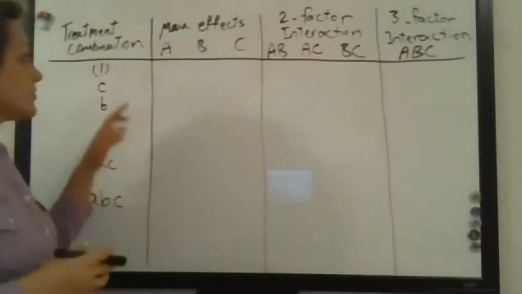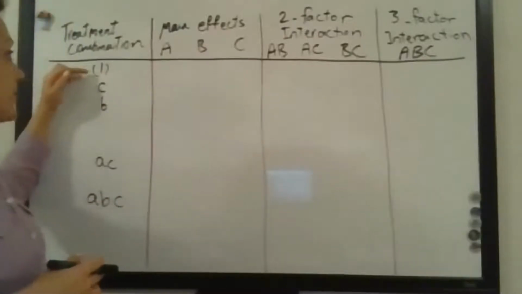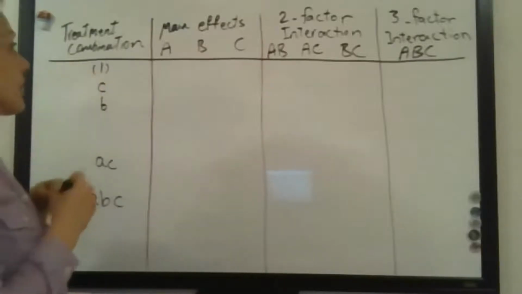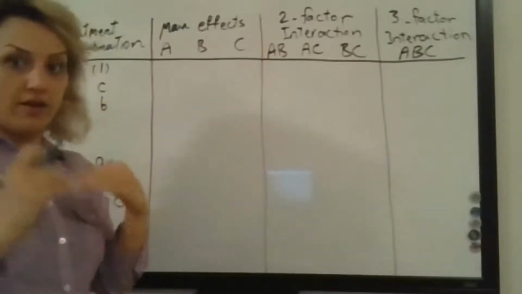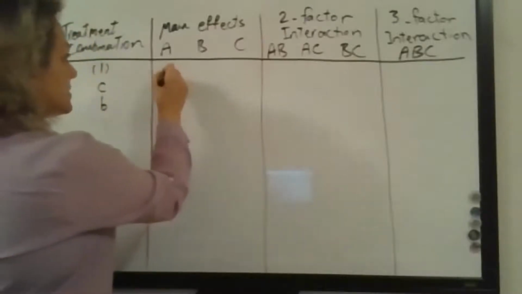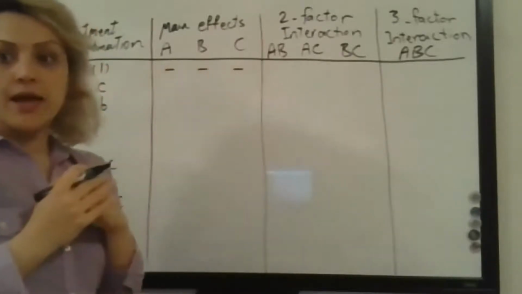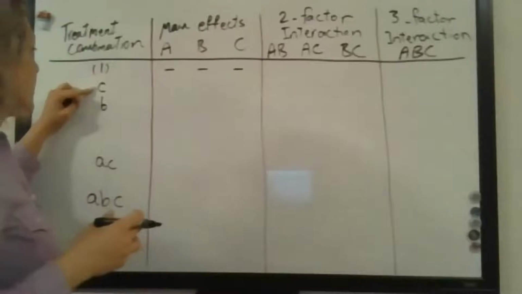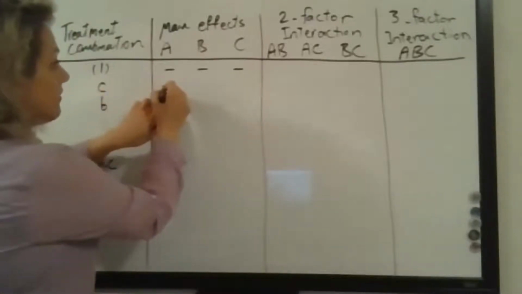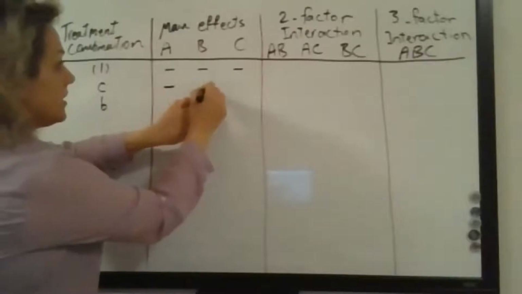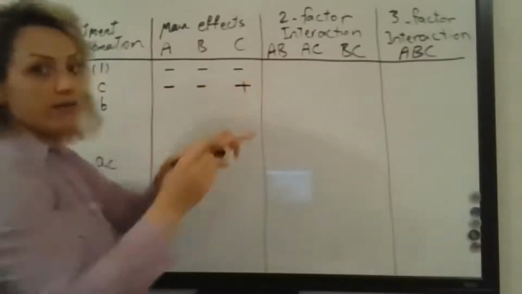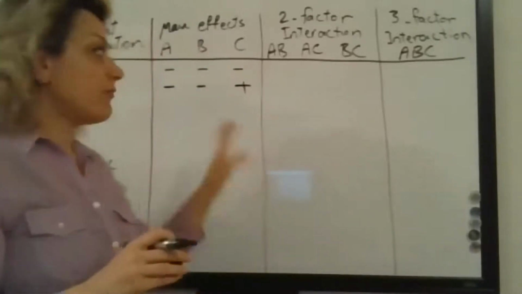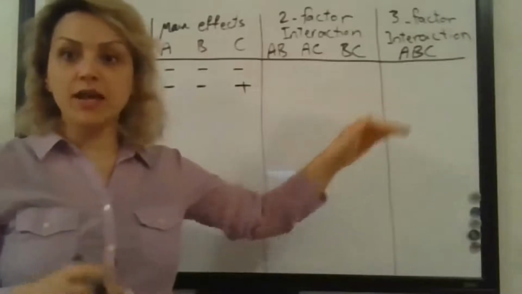Okay, so what I'm going to do, I would say that for the first one, it's 1, there is no letter. It means that all of them are in the low level, right? So I would write down here minus, minus, minus. And then for the next one, I would say, for example, this one has C. And what's going to happen is that A is going to be low level, look here. B is going to be low level. C is going to be on the high level. Why is this important? Because later, whatever we find from this line for the effect, we do something on it,